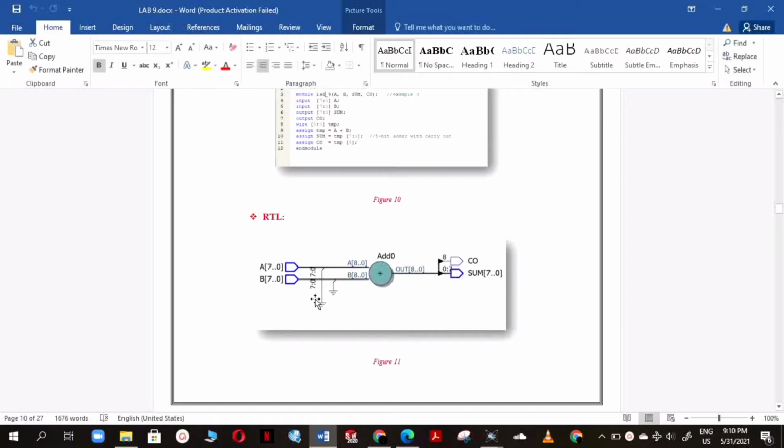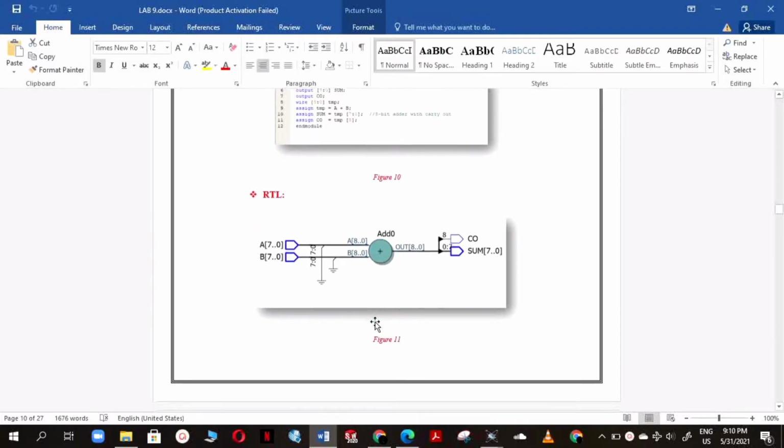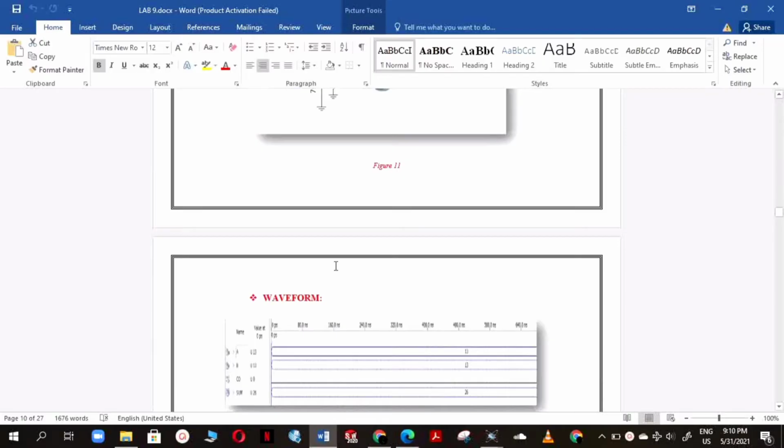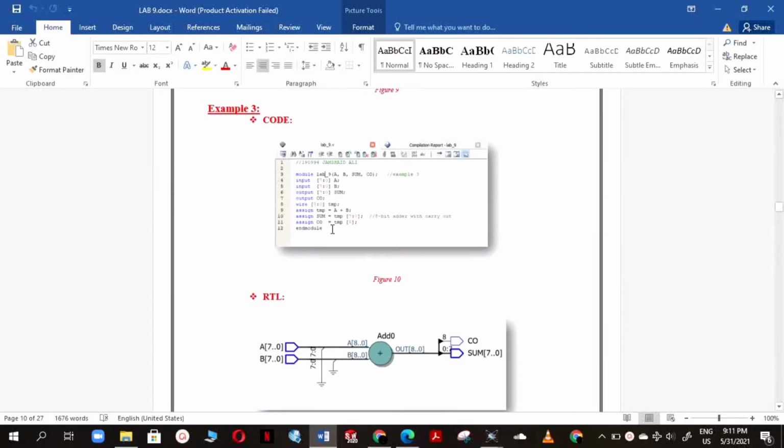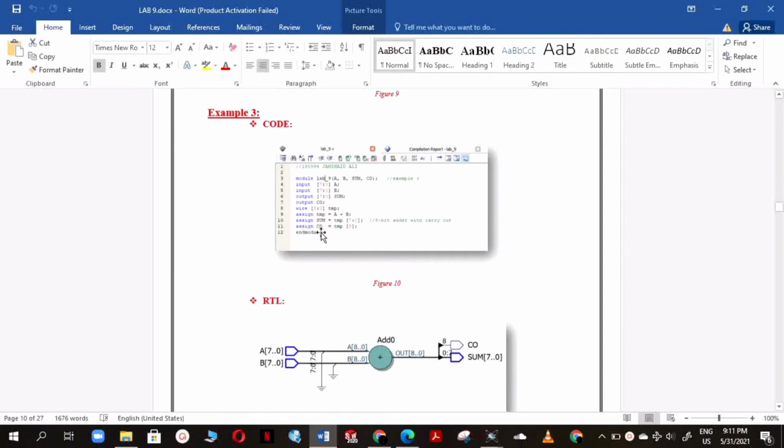Now you can see here, this is the RTL view of this Verilog RTL code. Now we are going to move towards our waveform for our better understanding. If I'm applying 13 on the first input A and 13 on the second input B, our carry out in this case is 0, because sum is equal to 26. So there is no carry out, so our sum is equal to 26. Here you can see this is our assign statement, where sum is equal to temporary 8-bit. The temporary 8-bit is equal to a plus b, only the two inputs. Now a plus b, which is 13 plus 13, is 26.